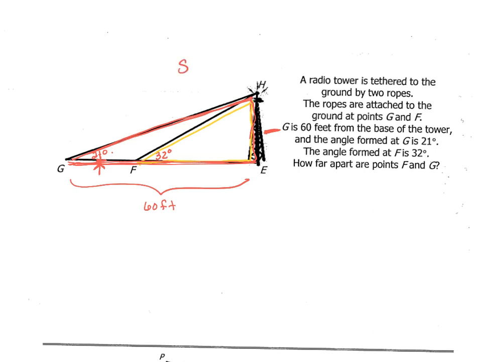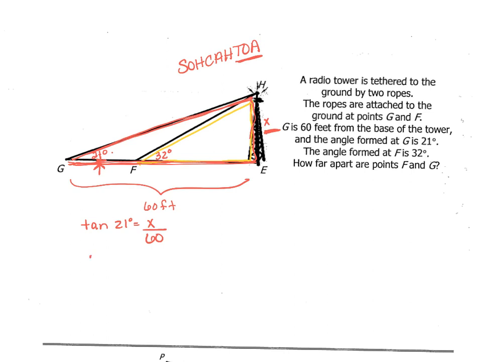So again, if I wrote down SOHCAHTOA, I know that opposite over adjacent is tangent. So we're going to go tangent of 21 degrees equals the opposite, that's the one that I don't know, I'll call it x, over adjacent, which is 60. So we're going to do the tangent of 21 degrees,